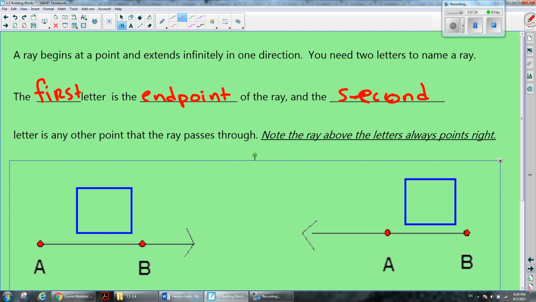Note that the ray above the letters always points to the right. Super important. So here our endpoint is A, it goes through point B. We could call this ray AB. And this ray here, the endpoint is really B, and it goes through point A, still to the right. What a lot of you will try to do